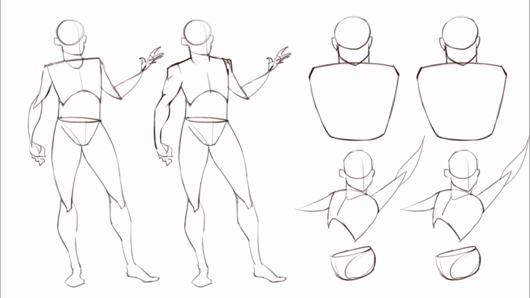So let's do the same thing on this side first. Okay, so there we go. We have the beginning of the arms being fleshed out a little bit more, but like I said, the real difference here is going to come when you connect the shoulders